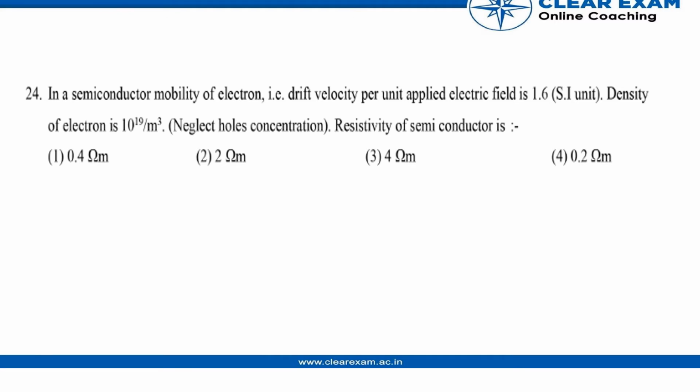So we know that the formula of conductivity is n e mu. So we also know that we need to find the resistivity. So resistivity is nothing but the reciprocal of conductivity, one by conductivity, so it will become